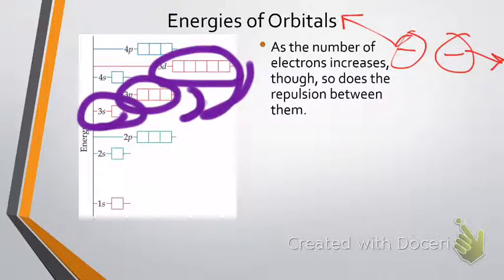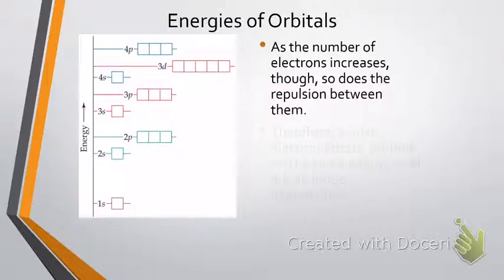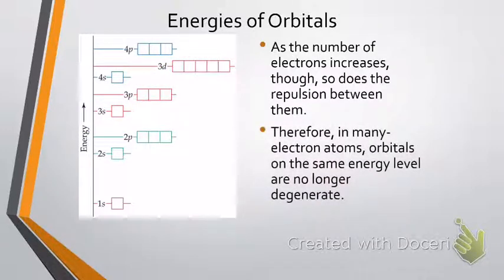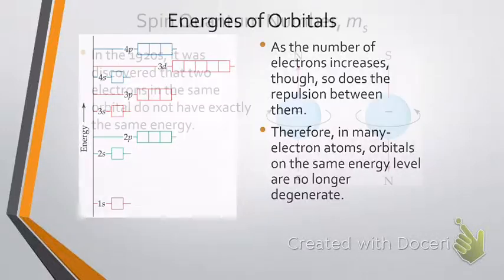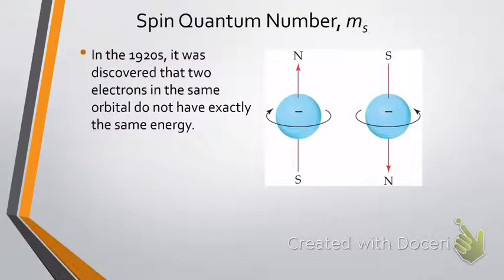So therefore, for anything beyond hydrogen, the electrons are going to start to repel each other, and so the energy levels are no longer degenerate. There are going to be slight differences in their energies. Then, later on in the 1920s, it was discovered that no two electrons in the same orbital can have the